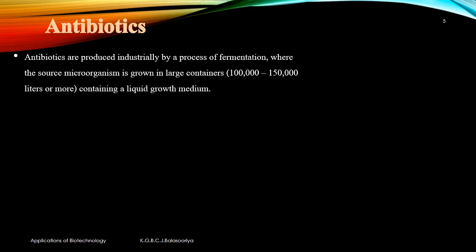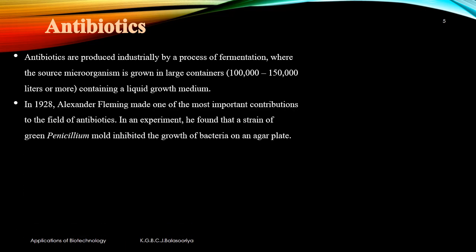Antibiotics. Antibiotics are produced industrially by a process of fermentation where the source of microorganisms is grown in large containers. In 1928, Alexander Fleming made one of the most important contributions to the field of antibiotics. In an experiment, he found that a strain of green penicillium mold inhibited the growth of bacteria on an agar